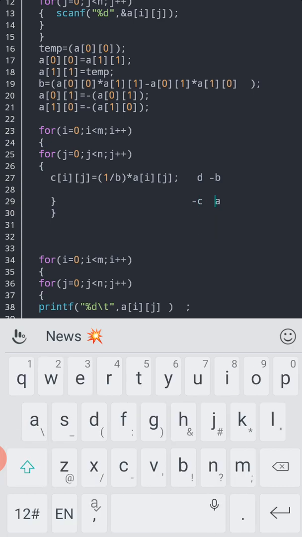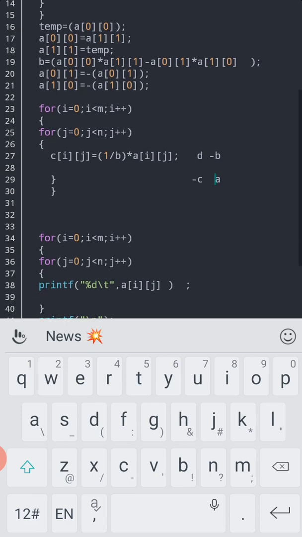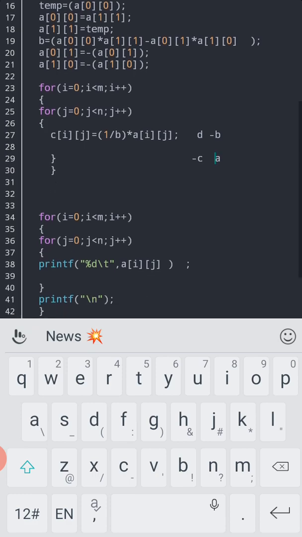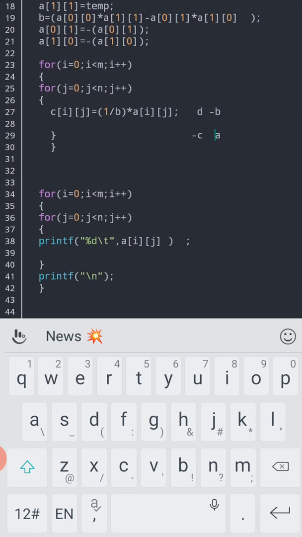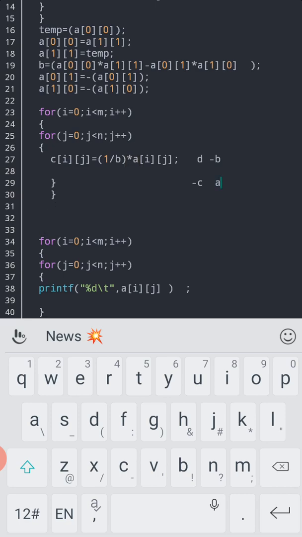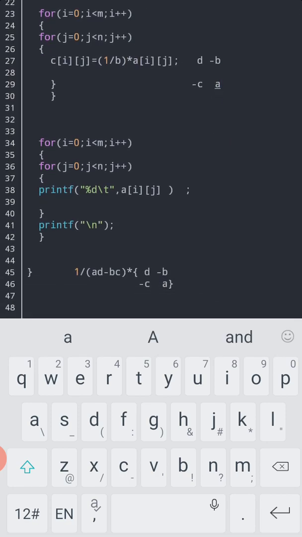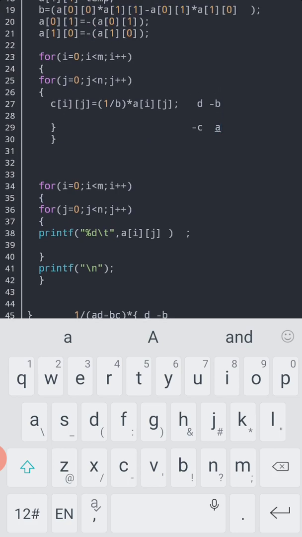Now I had the result in C. The value I had taken for this is to multiply all the elements of the matrix A with 1 by, that is inverse of AD minus BC. That is the result stored in B.